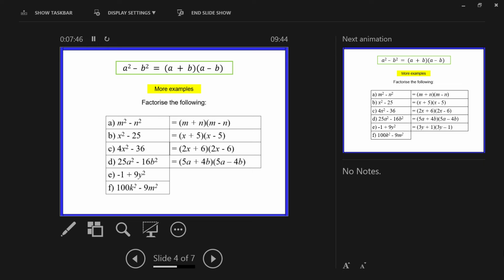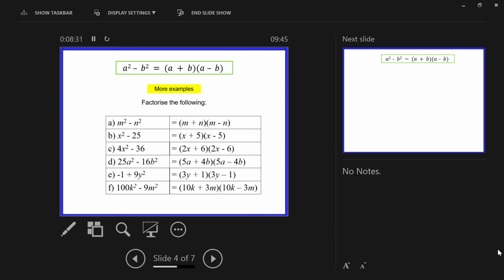Now have a look here. Minus 1 plus 9y squared. But now we have a plus, but just swap these two around. Then it's actually the same as 9y squared minus 1. Do you see? So now I have a negative. Do you guys see that? So please be careful. Don't be caught with that one. So then it would be 3y plus 1, 3y minus 1. Right? Okay, the next one,